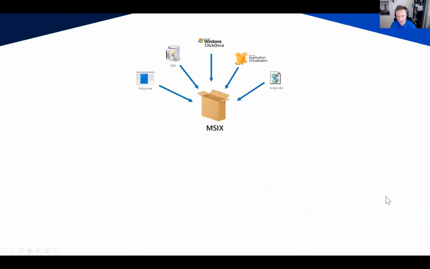MSIX. I like this picture a lot because it exactly explains what Microsoft is trying to do. They're trying to combine all of these technologies that we've been using as packagers over the years into one, which is MSIX. So if you've been packaging legacy MSIs, virtual, they're trying to create this new MSIX technology, which is great, which is exactly what we've always been waiting for, so that we don't have to deal anymore with all of these multiple different types. But when somebody asks me what it is and what I think of it, I always say,